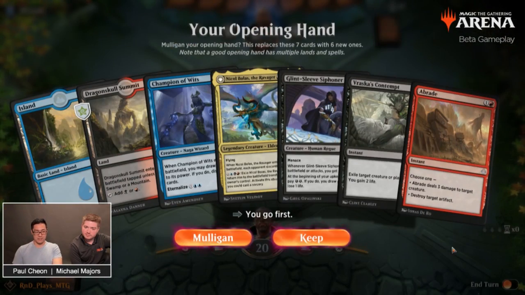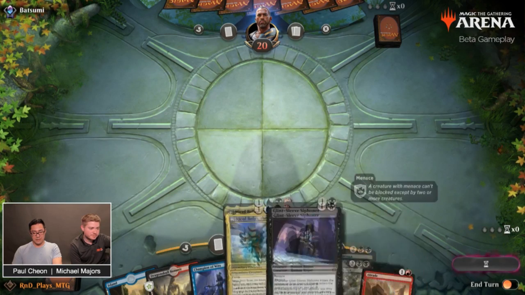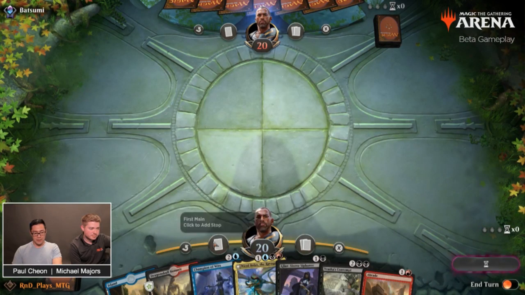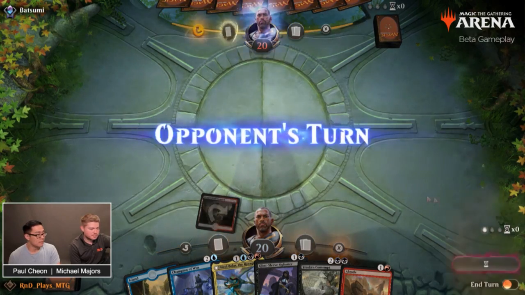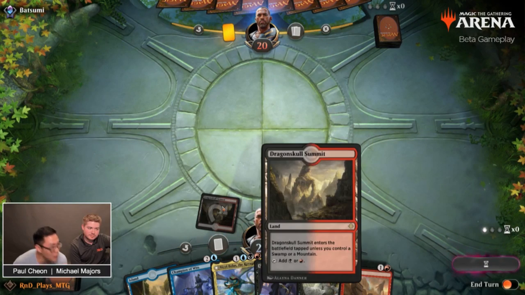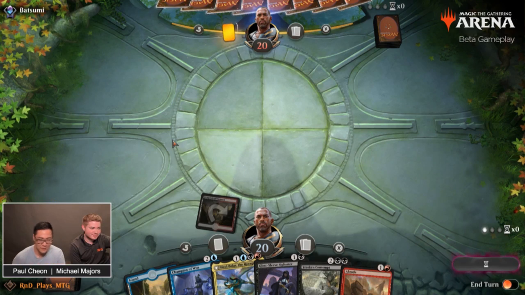Alright, what do we got here? Keep? Yeah, keep. Sure. Need some lands, but got some stuff to do. We got 2 things to do on 2. And if we find a 3rd land for Champion of Wits, we can use it to filter. Yeah, this sounds good. And yes, I know to play the Dragon Skull Summit. I'm not that bad. I'm just waiting for the...